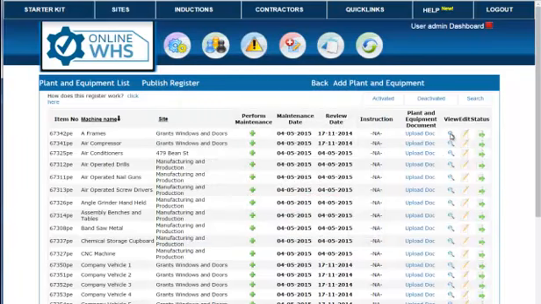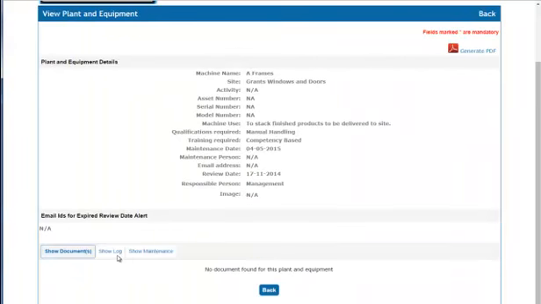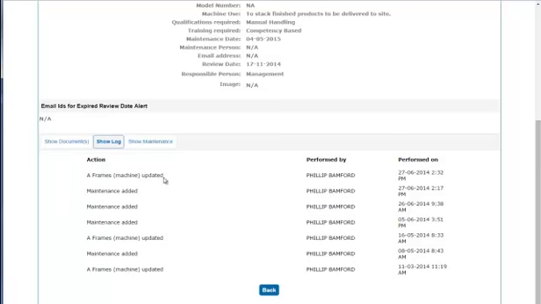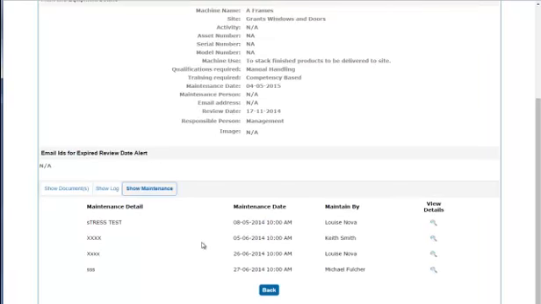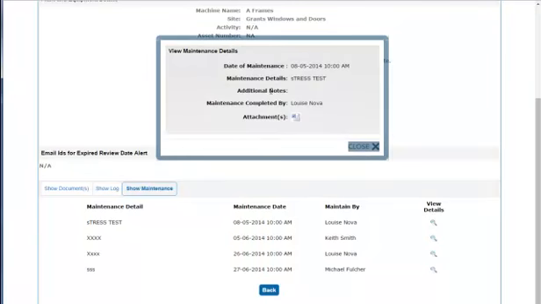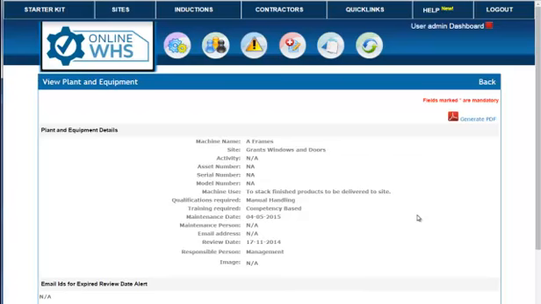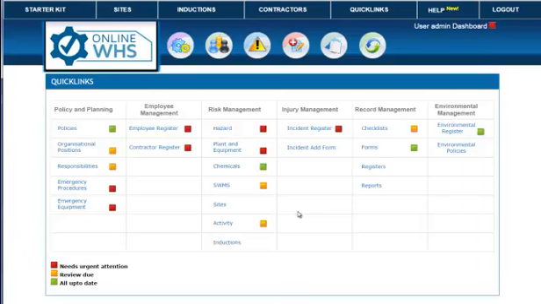I would then go to the view section, which shows the log of every single time they've changed something, and also the show maintenance, and I'd even select on this to highlight that it brings up the document they've uploaded inside the system, clearly showing a history of that machinery, and that it's kept in a